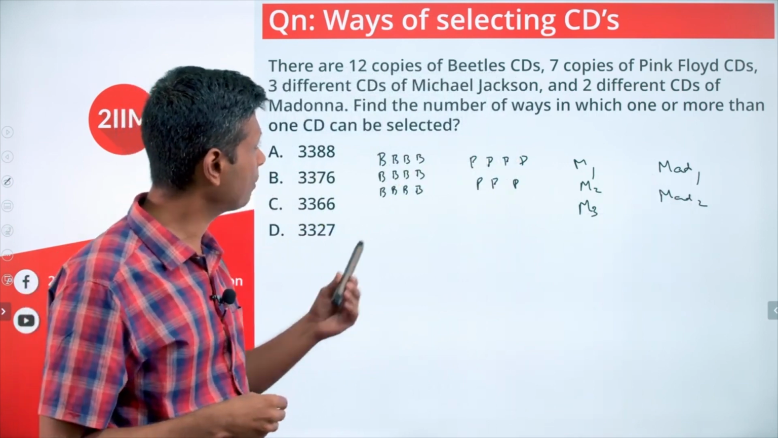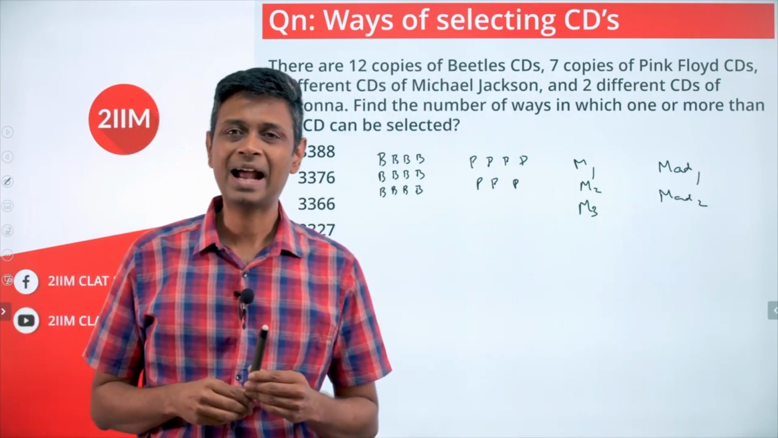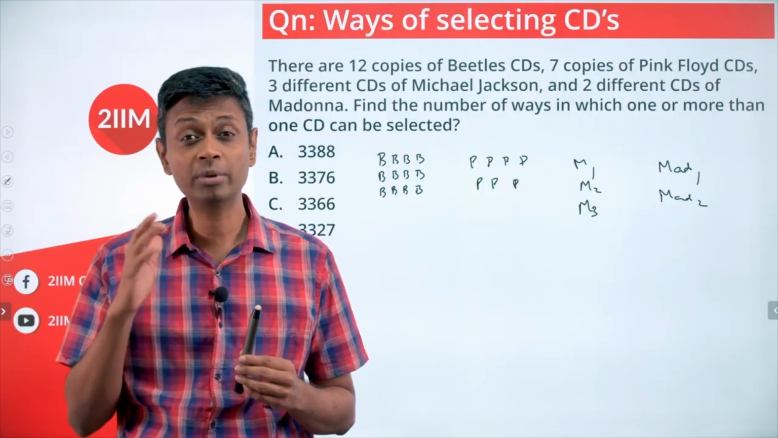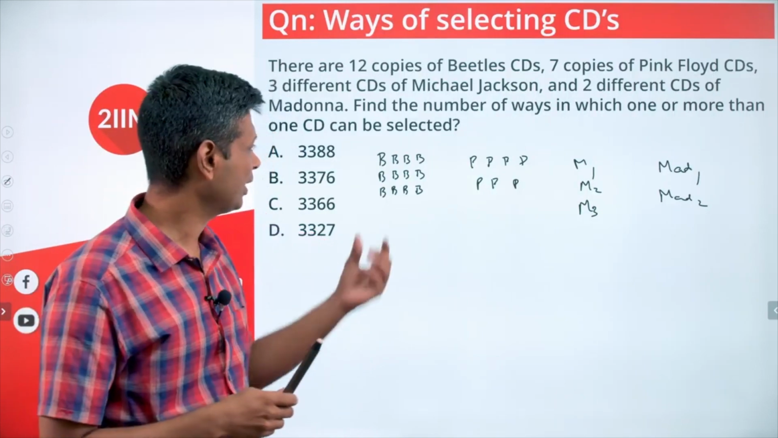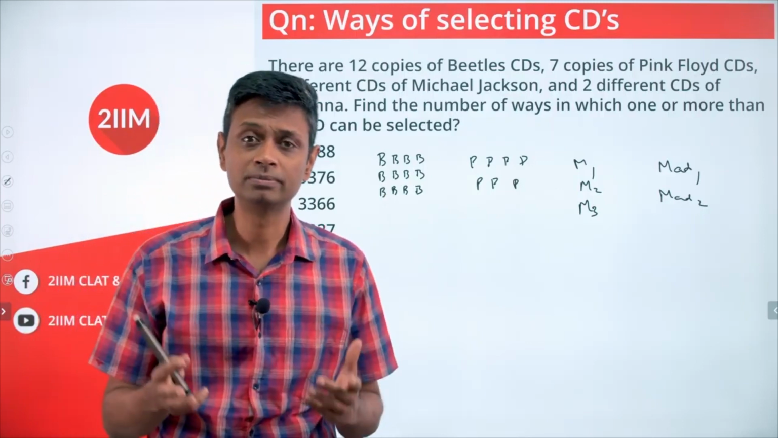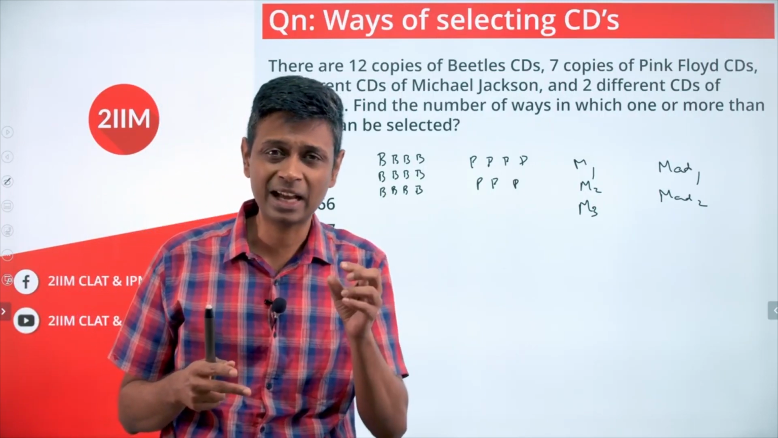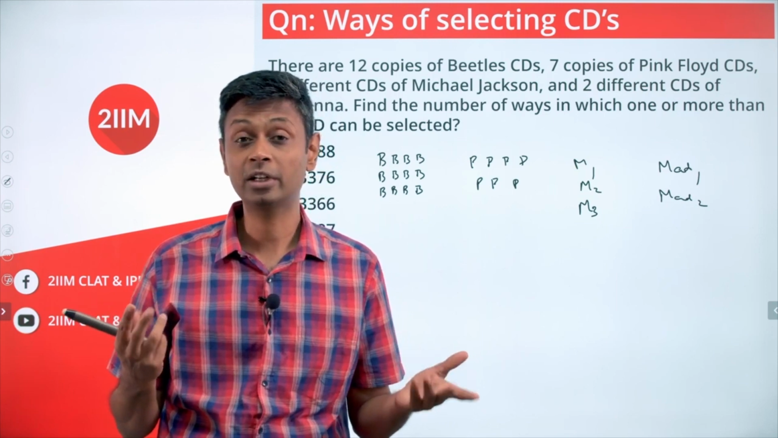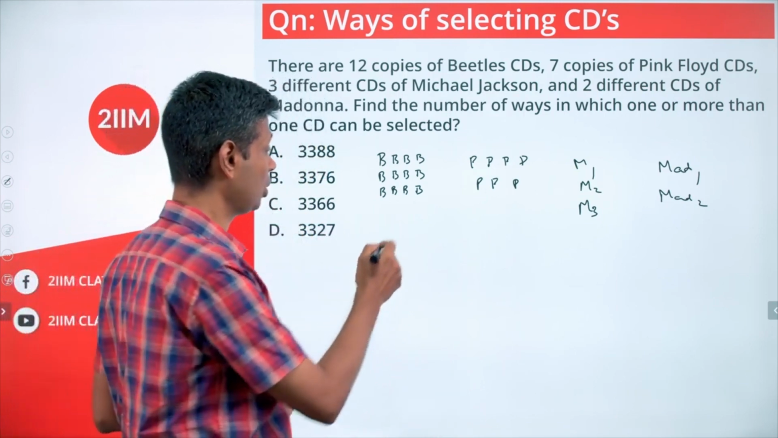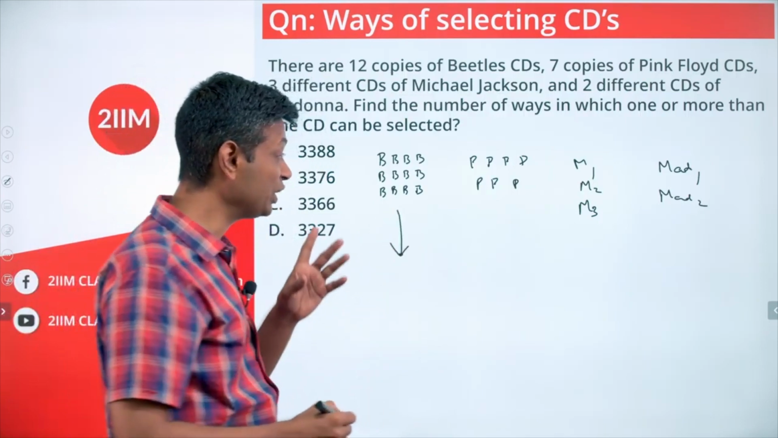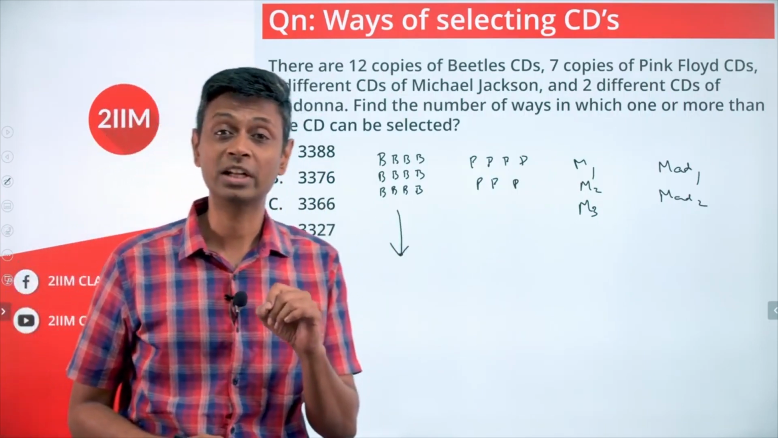What's the catch here? When talking about copies of Beatles CD, to me, only the number of Beatles CDs counts, not which Beatles CD. It's like having 12 copies of the Bible. So I'm not selecting a book. I'm just deciding, am I selecting 2 Bibles or 3 or 4? The decision making here is not as much selection of each item as it is of selecting the number